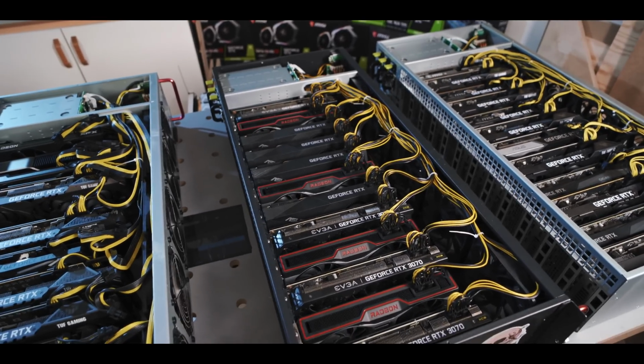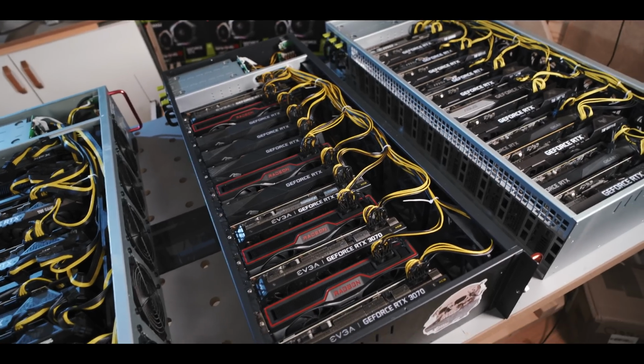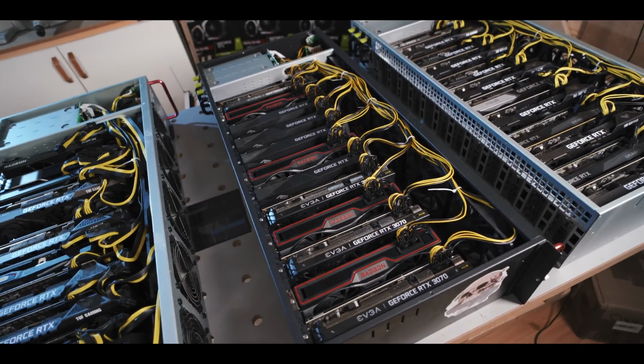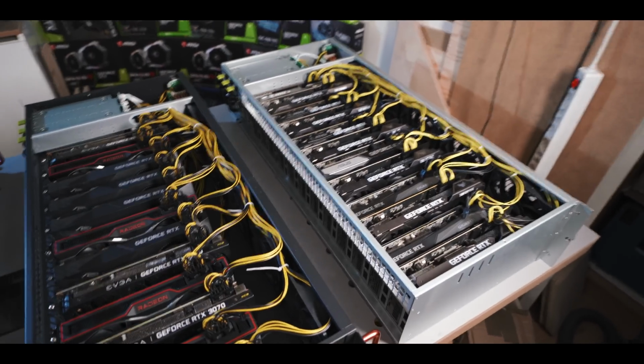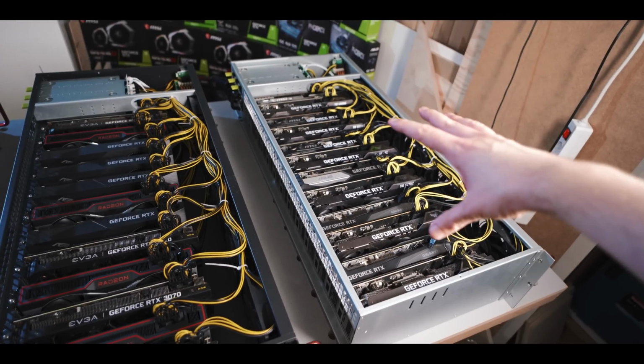They used to be fantastic for Flux, but now not so much anymore. 3070s are better. Even some AMD cards are better at this point with all these new optimizations that are coming out. And what I might also do is maybe I'll get rid of like 4 of the biggest 3070s from this